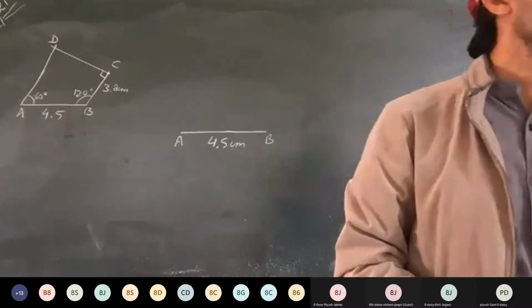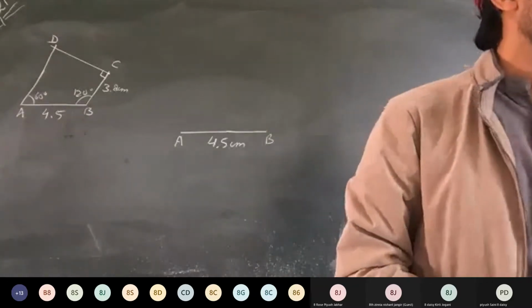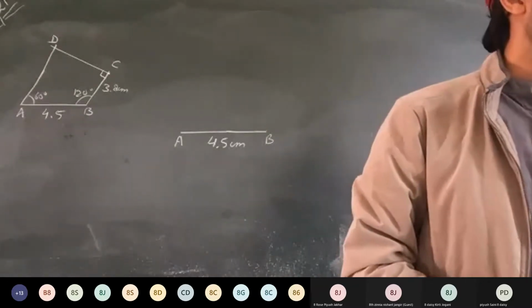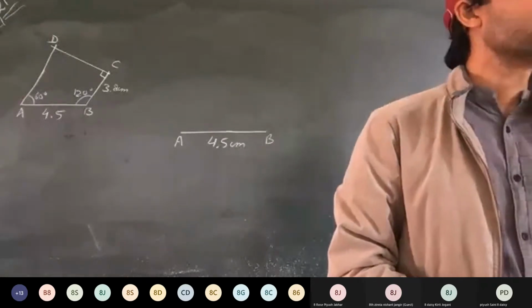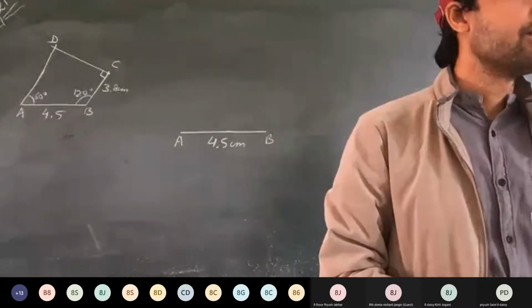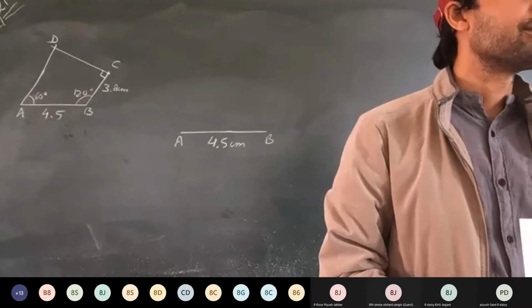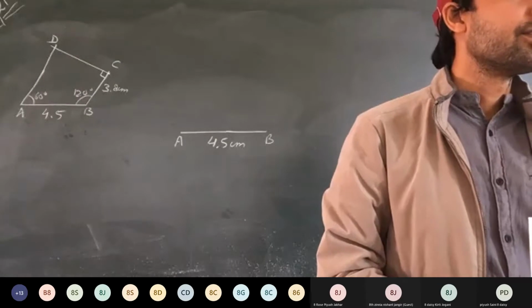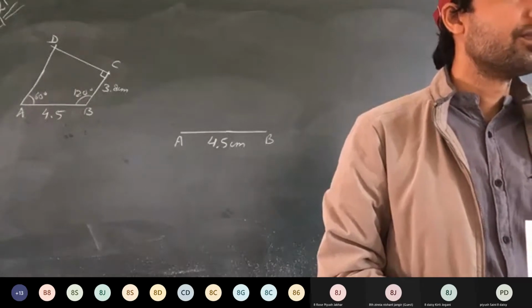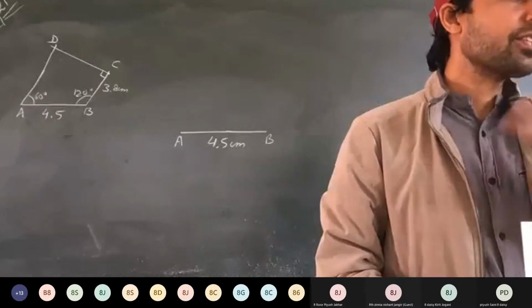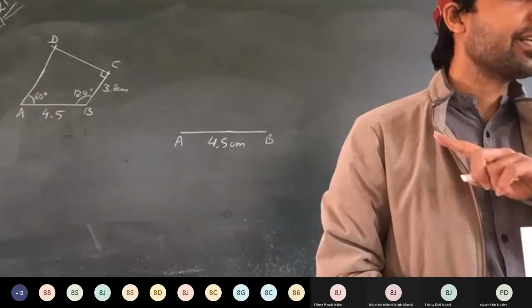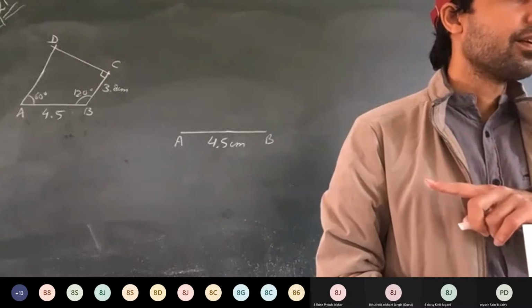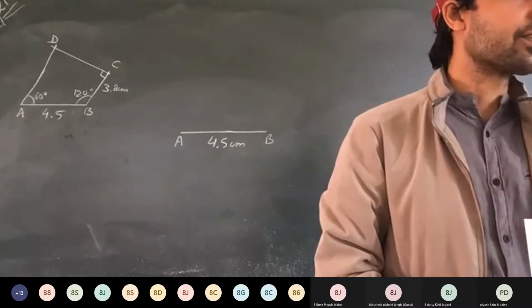Yes, what's your name? Yug. Have you drawn it? Why haven't you brought it? You didn't know? It was provided on WhatsApp as well. Yesterday it was told in class. So whenever you come to class, you must bring the essentials. If you don't have it, now stay quiet.